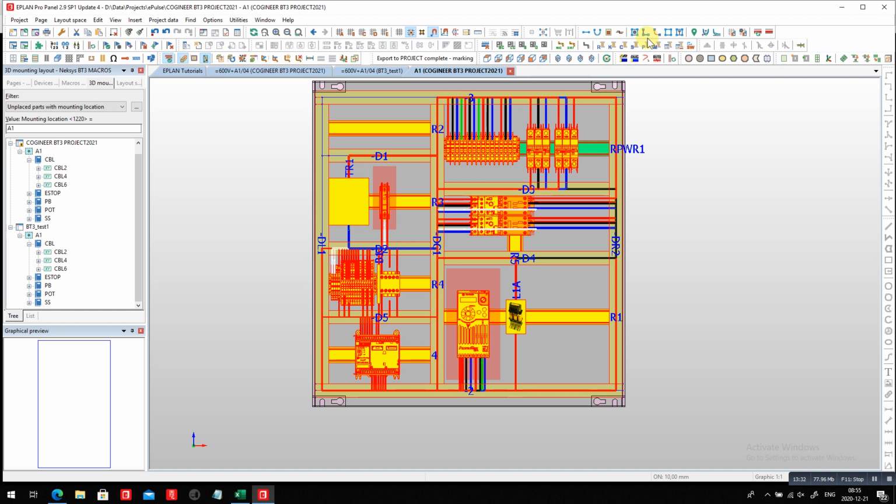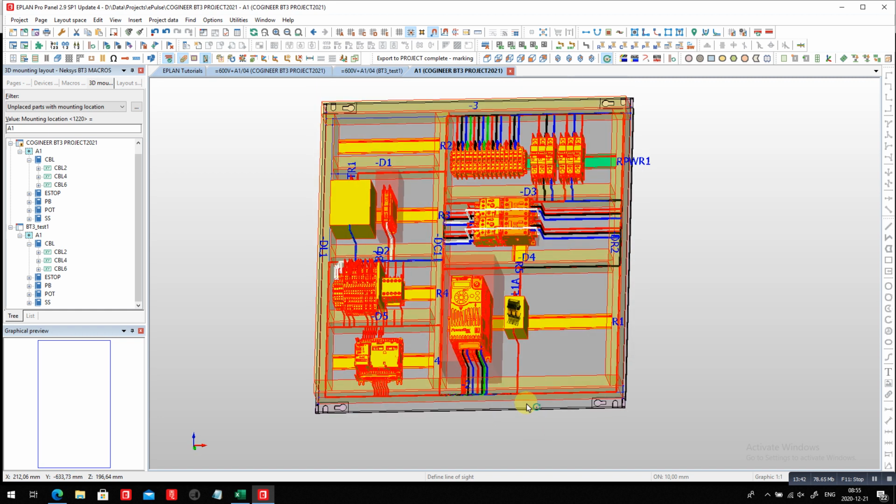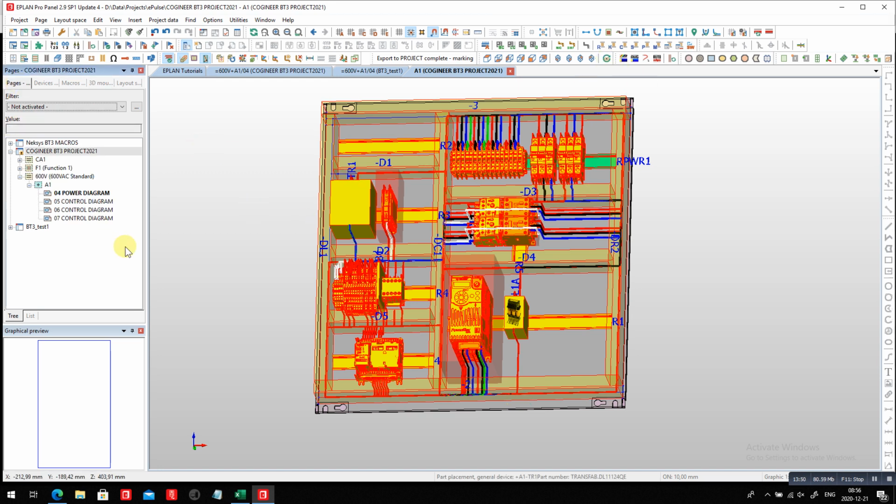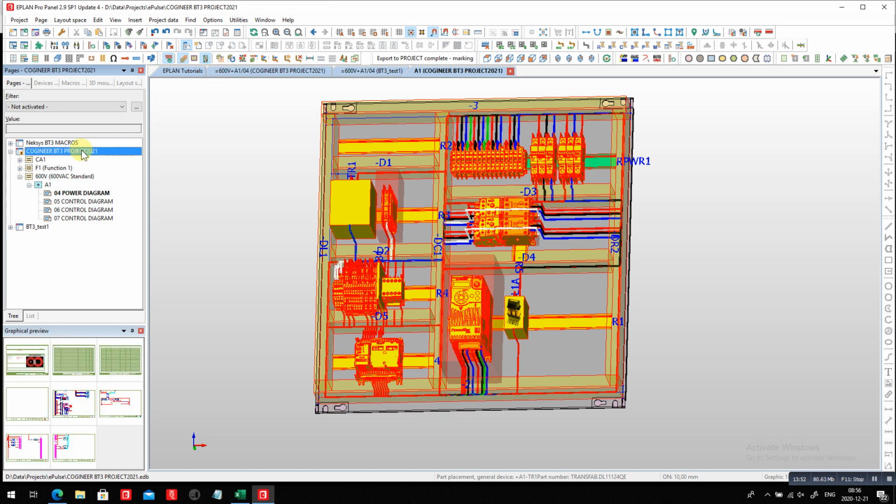We can look at it in a 3D fashion if we want to. You can see here it's all nicely connected, as it should be. And this actually calculates the length of the wires. So if we go back here to my ePlan, I now have no reports, but I will be generating in one single menu here all the reports I need